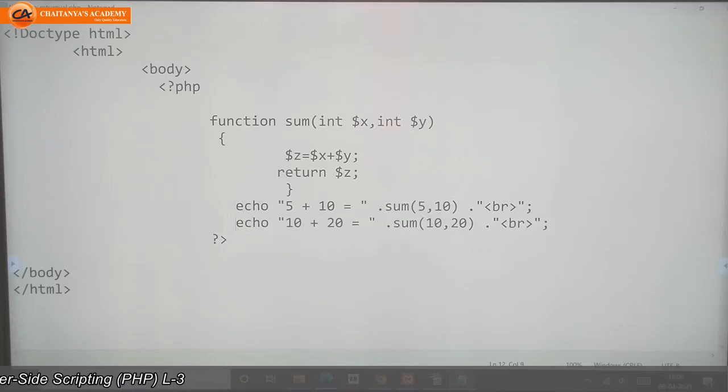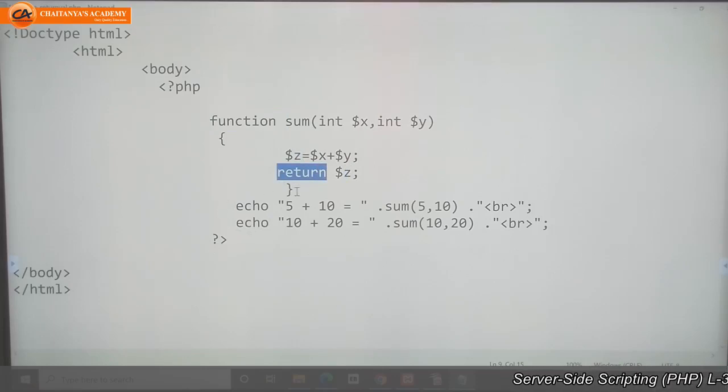That code is z equal to x plus y. The z variable is equal to x variable plus y, and whatever value comes in this z, I am going to return this z value from this function. For that purpose I need to use the keyword return.